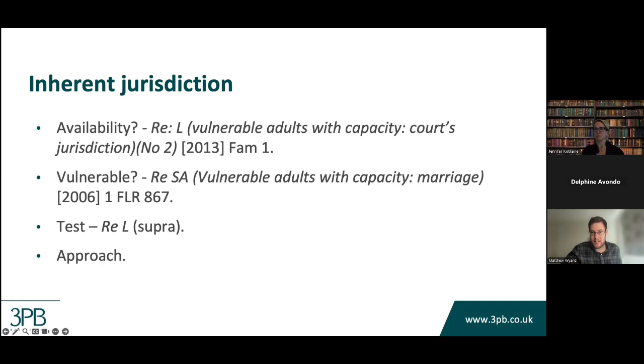We then had to consider the case of Riel again, because what Riel also says is what the test is for determining whether or not the court will intervene in cases involving vulnerable adults. And it's a similar test to that which you might consider if you're doing a Human Rights Act challenge under Article 8, whether the proposed intervention is necessary and proportionate. So for that to be met, you need to have a plan of action to protect the vulnerable adult. You have to show it's necessary to protect them, but it's also really the least restrictive way